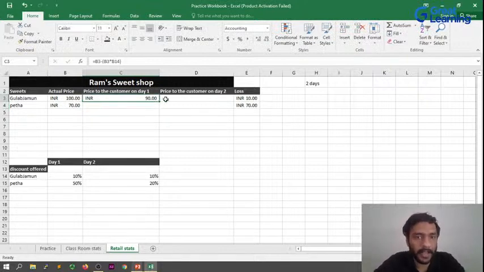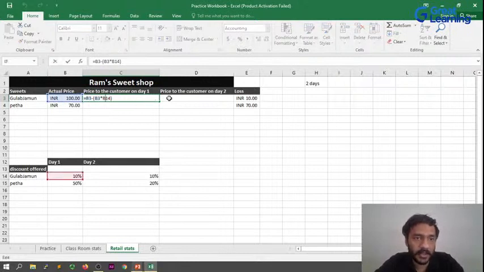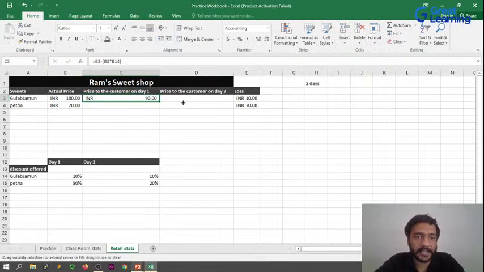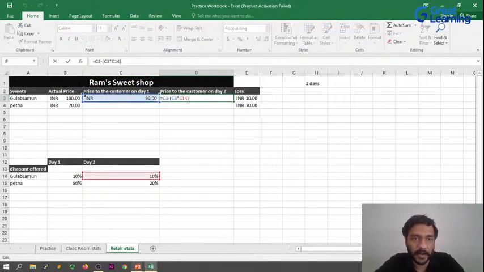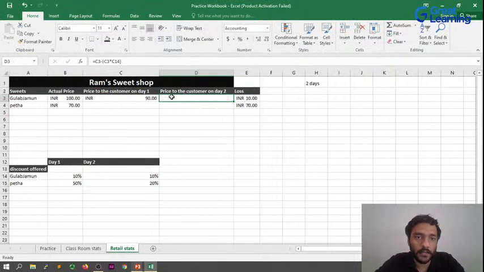So on day 1, my price is going to be 90. Because it's calculated that way. So if you click on the cell, you can see that it uses these 2 cells. Now I cannot expand this like this because if I do that, you will see I get a weird price and it's using the price on customer day 1 as the actual price, which is not true, right? So we want to make sure that this field is static and it goes to day 2 instead of,